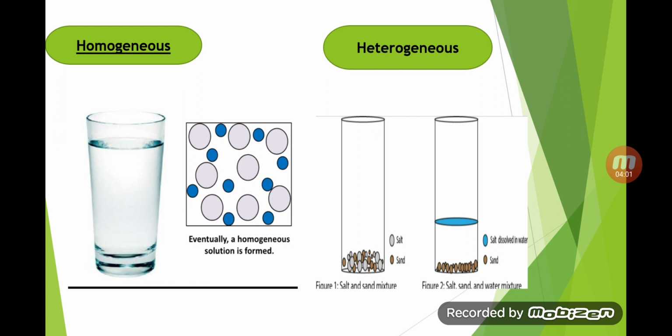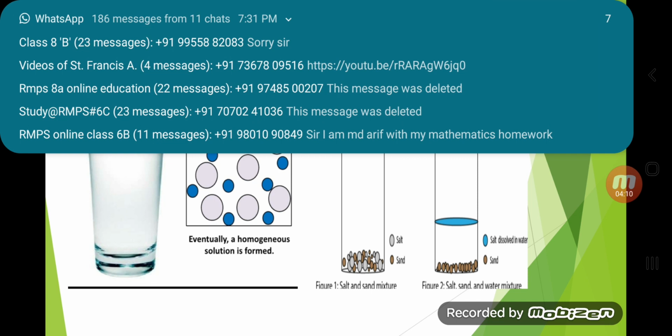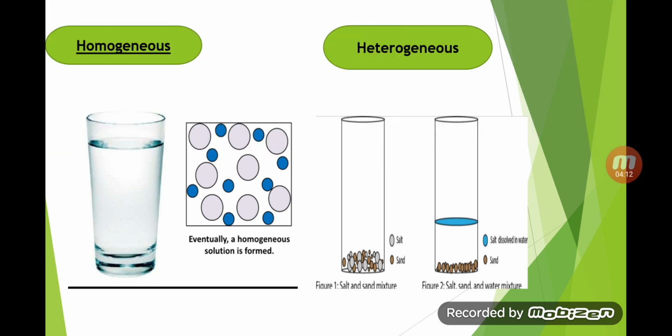After mixing solute into solvent, there is no separation boundary. The solute is evenly distributed throughout the solution. On the other hand, there is a separation boundary between solid particles and liquid particles. Example, chalk powder. When you put it in water, chalk powder will be suspended in the water, meaning there will be a separation boundary between solute and solvent, and that is called a heterogeneous mixture.